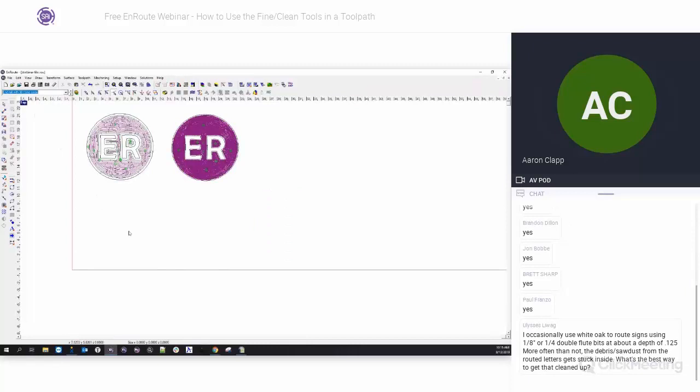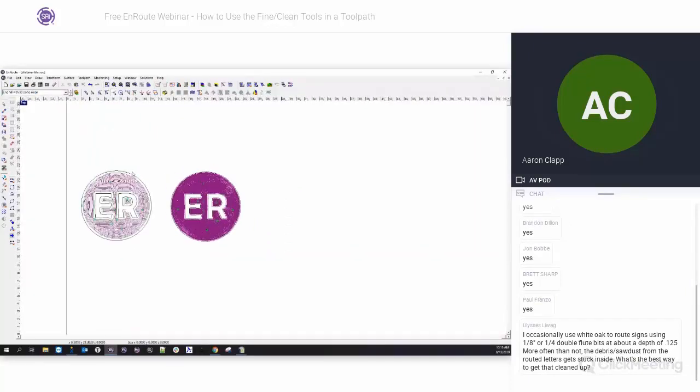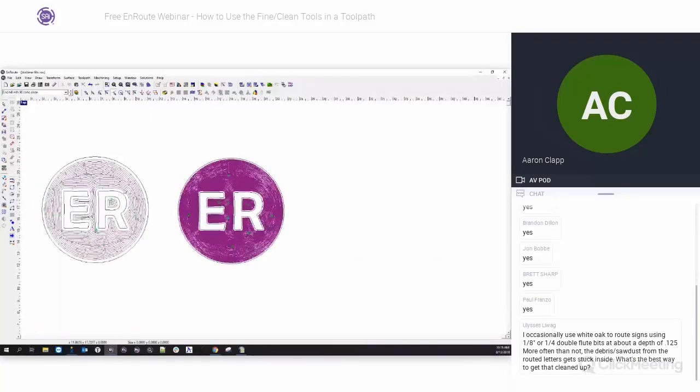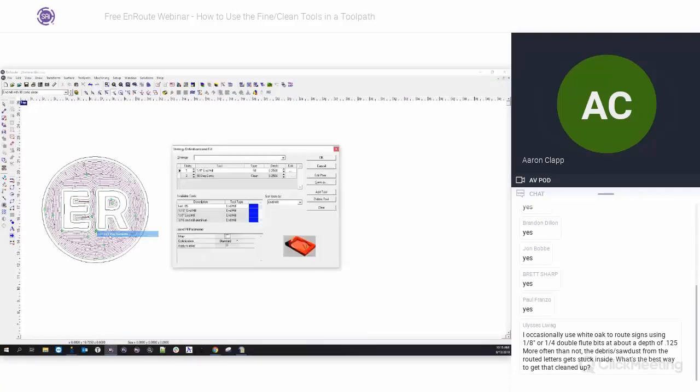So now we're going to start mixing in some things like an end mill and a conic bit. So what I've done here is I've added two tools. The one is going to be my 1/4 inch end mill, and the other one's going to be my 9-degree conic. So what I wanted to do was to have the R and the E stand out from the edge of this part, and then just have this flattened out,